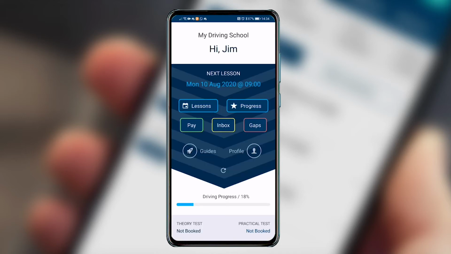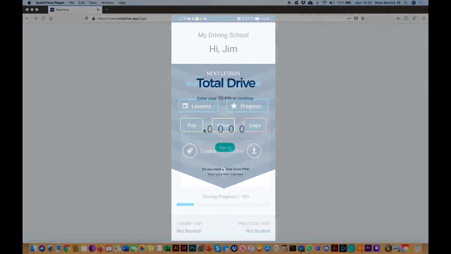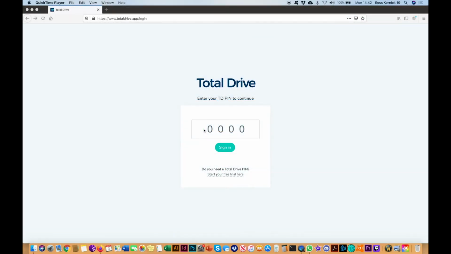So that's the student app. So what we're going to do now is have a look at the website administration area and look at how that's used. And you can do this on an iPad, or you can do it on a laptop or a desktop computer. This can also be quite a useful thing to use if you're using an iPad in the car rather than your phone. This displays really well on an iPad, but at the moment the view you're seeing now is on